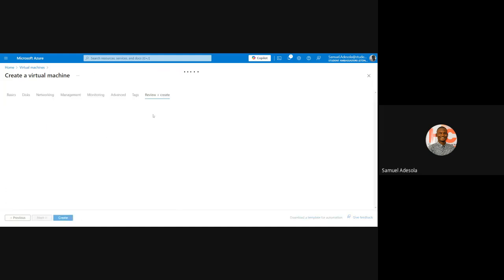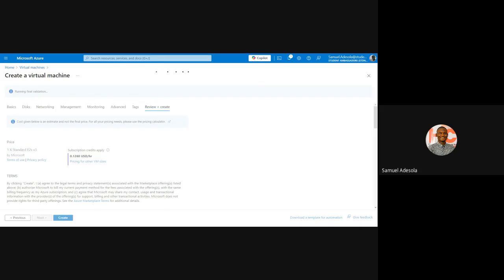So what am I trying to do? I need a bigger laptop and I don't have one personally. So I'm trying to create a machine in the cloud. I'm trying to create a machine from Azure so that they can give me the machine and I can use it. So it tells me that this machine is going to cost me 0.1260 per hour. That's what the machine is going to cost me.